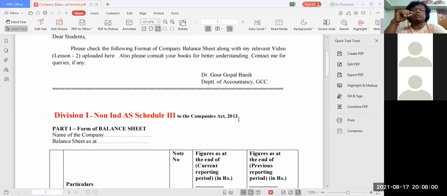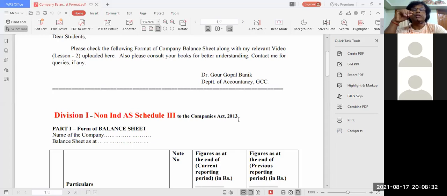Now, let me tell you something of the background, because in this year or last 2 years, it's a very important and very special thing in teaching company balance sheet. You are doing partnership balance sheet, there's a different thing altogether. You know how to write it. Let us not discuss that. But in company balance sheet also, there will be assets, there will be liabilities, there will be profit and loss account, but instead of profit and loss account, we shall call it statement of profit and loss. And then balance sheet is balance sheet.